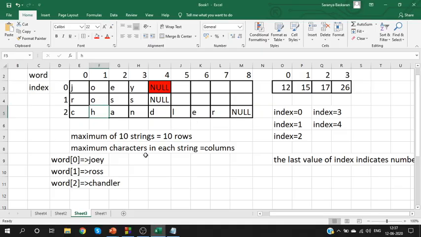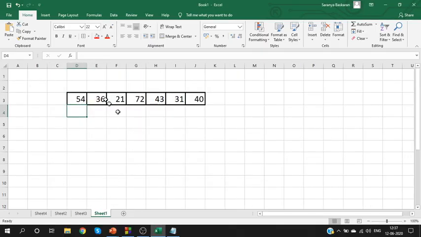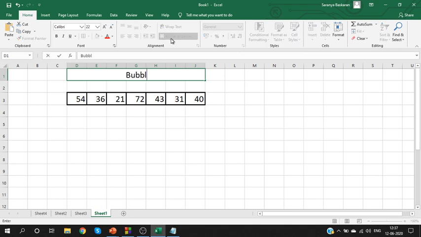Guys, there are multiple sorting techniques. It is better if you use the most efficient sorting technique. You can learn quick sort, merge sort, and implement it here. But right now I don't want to complicate it. I don't want to bring too many concepts into this program. So let me explain it with basic bubble sort. Once you get comfortable with all the sorting techniques, you can proceed to use quick sort or merge sort. That will be more efficient, of course. But here, for your convenience, I'm going to use bubble sort.